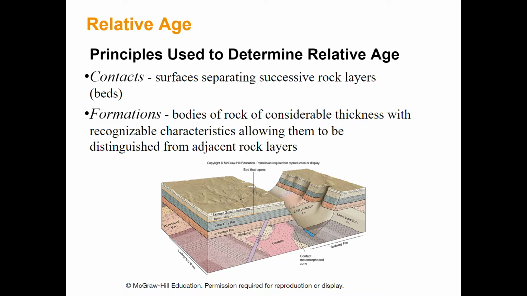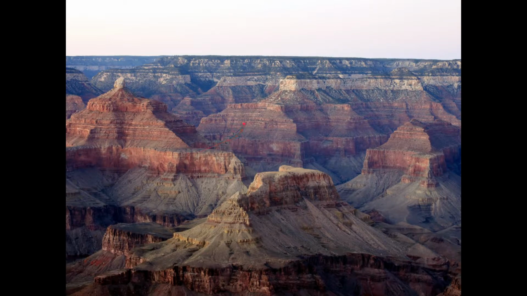There's a number of principles used to determine relative age, and a couple of terms here I want you to know, and I've already mentioned these in class. We've gone over formations. Remember when we looked at these pictures of the Grand Canyon, we talked about what formations were and how you can arbitrarily pick them and name them. I think somebody gave this one a formation name. This is actually the Redwall Limestone in real life, but there are contacts between these formations. If this lighter stuff is a formation up here and the stuff below it is a different formation, this is the contact between them. So that's a contact. And these are the formations themselves.